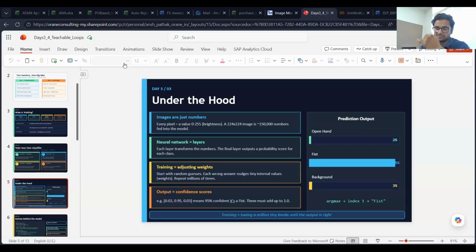It's as simple as that. It just calculates the probability of what the input belongs to in a classification problem, and the class which gets the highest probability is shown as the output.